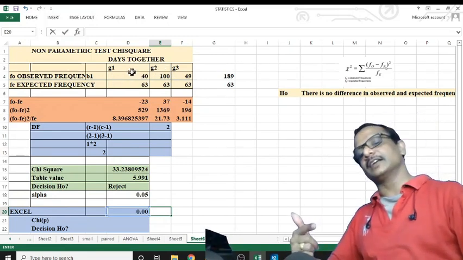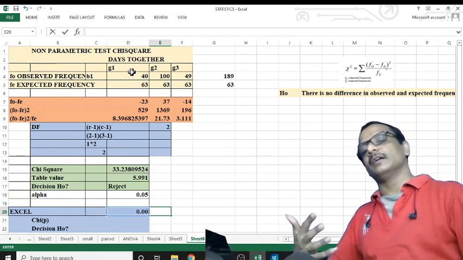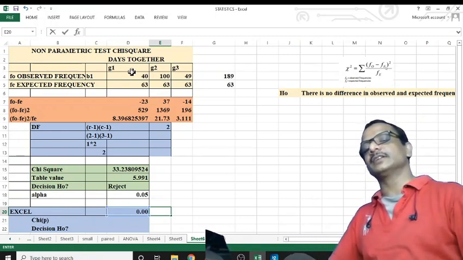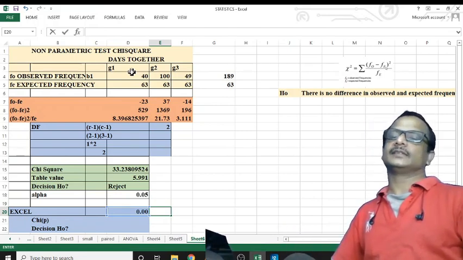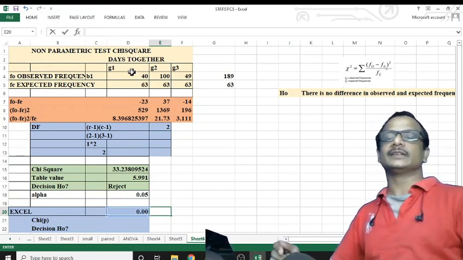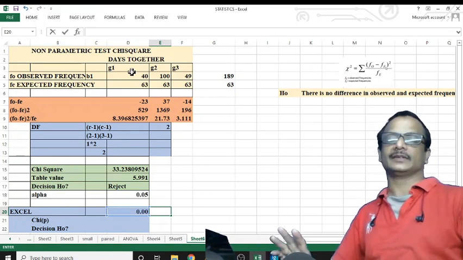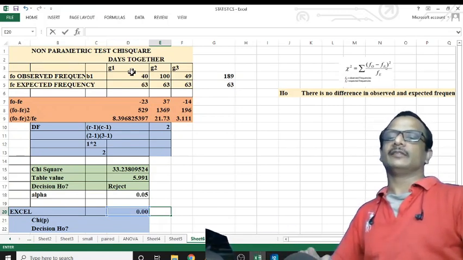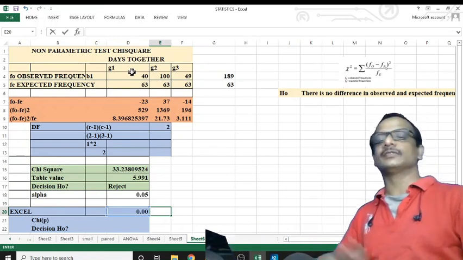This test can be used to check whether there exists an association between variables. There are two methods: goodness of fit and test of independence. And we can explain the difference between the two